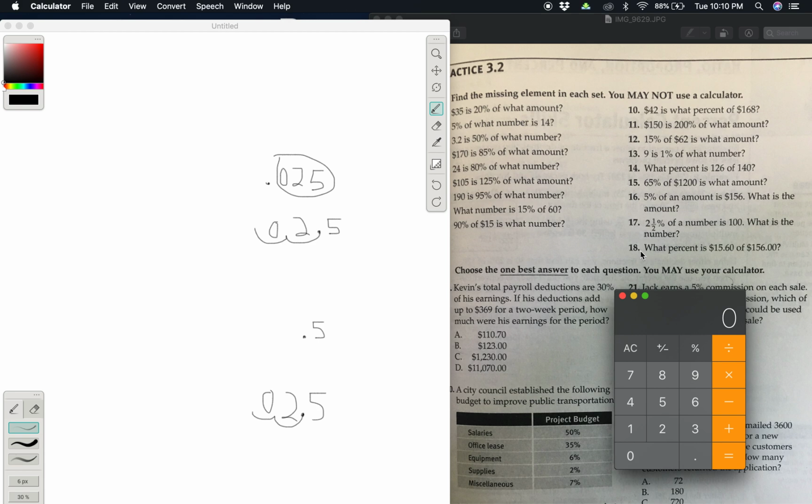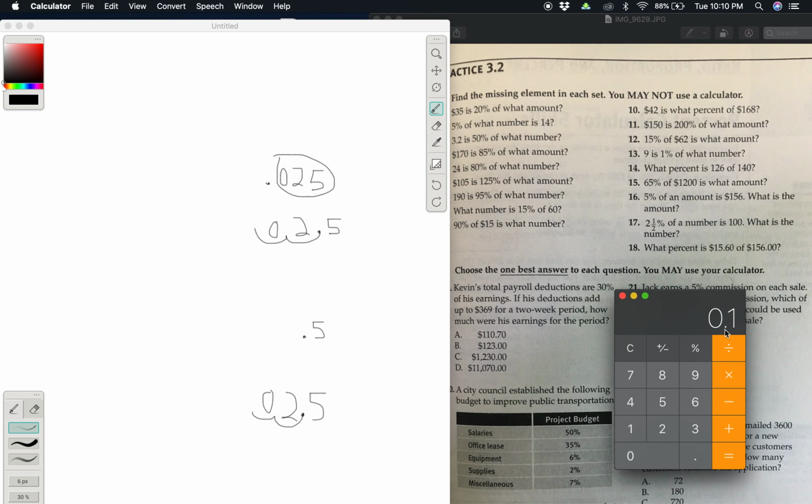Okay, now number 18. What percent is $15.60 of 156? Let's see. $15.60 is the part. $15.60 divided by 156 equals